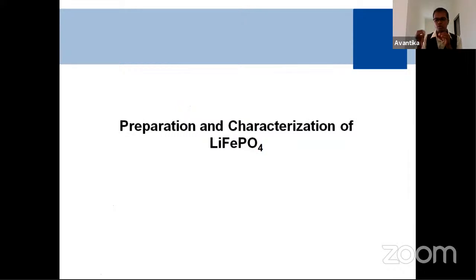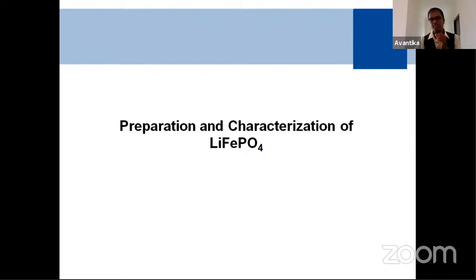Now I want to tell you one example, because most of the viewers, as I already heard from Kannan sir, are research scholars and faculty members. So I want to tell you one example of how the cathode material is giving better performance. This is the one example I will show you.